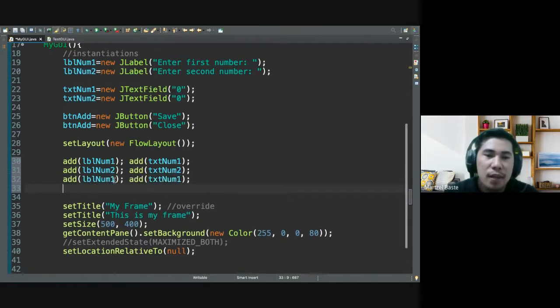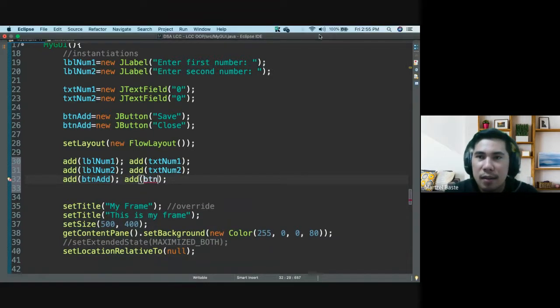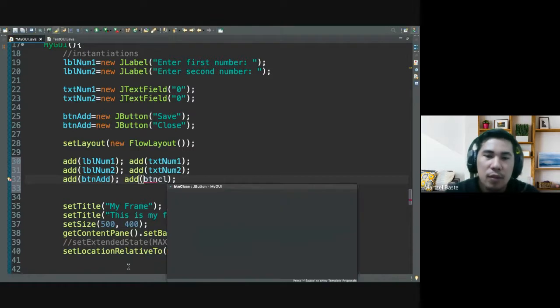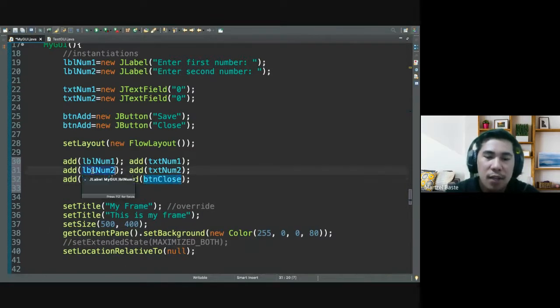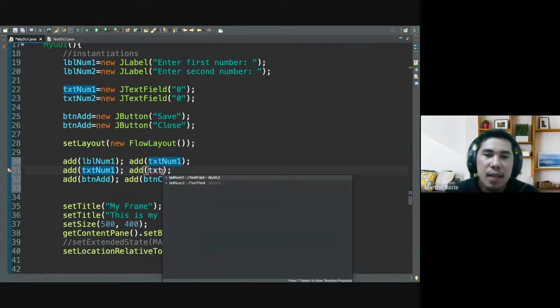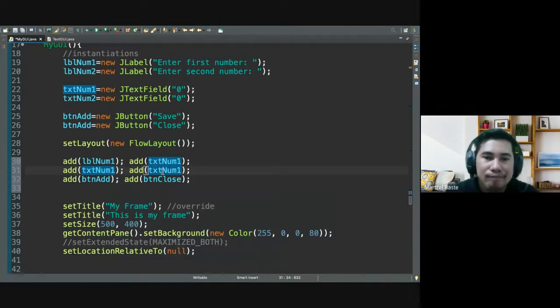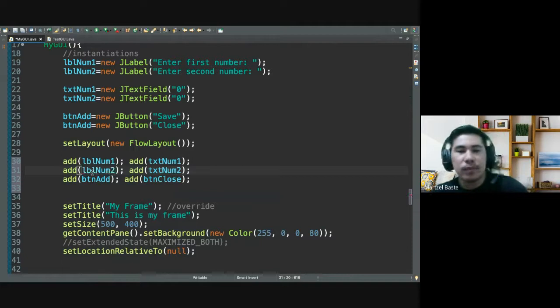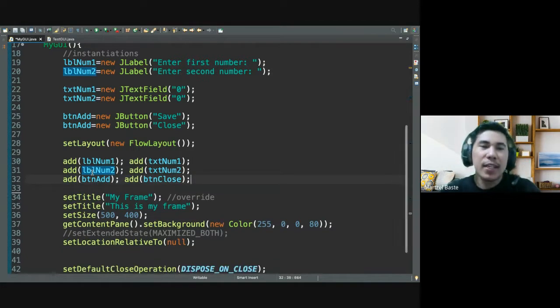And you have here btn add and then btn close. Okay? So you have here txt num1, and then txt num2. This is num2, this is lbl num2. Okay, so after this,